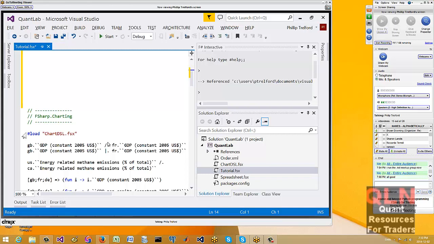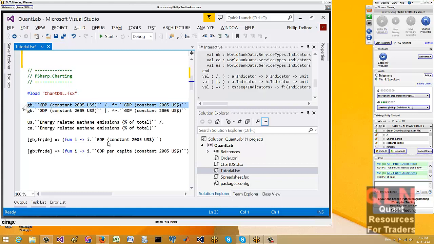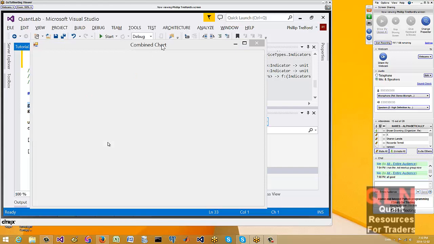It's all statically typed, high performance code. So what I want to do is take that World Bank data, and I'm going to use something called F# charting, which is in the FSLab project, to get a comparison between the UK and France on GDP.